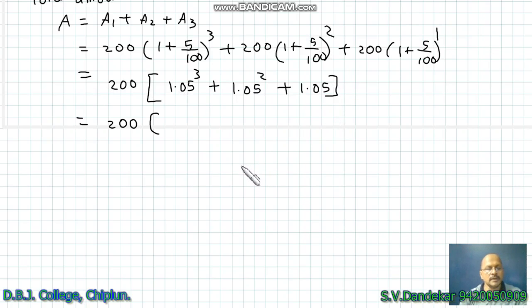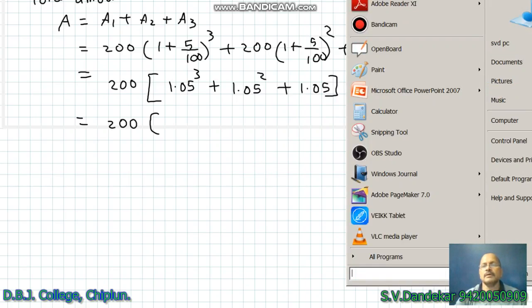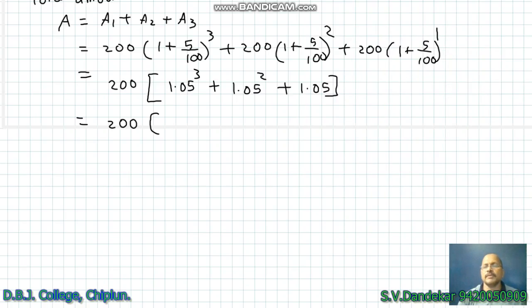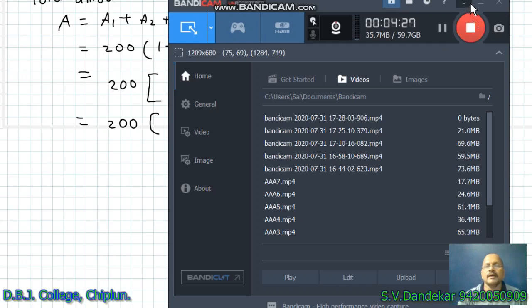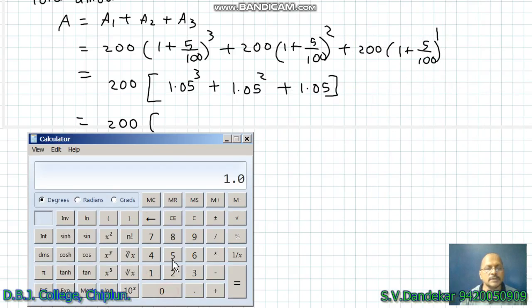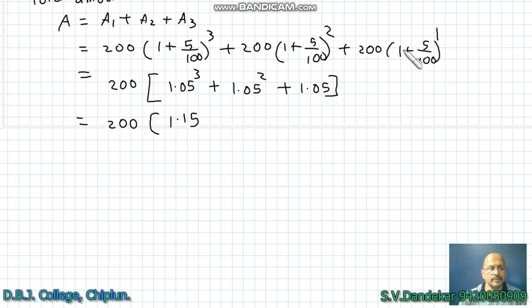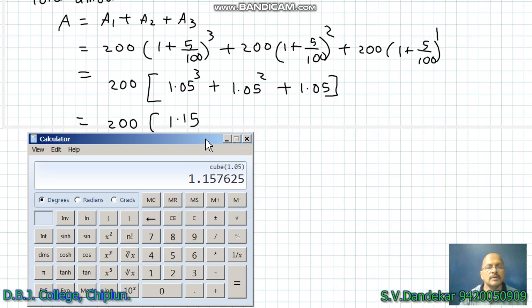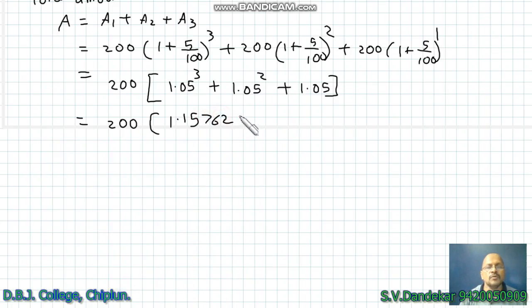This is equal to 200 into, now I am going to use a calculator for quick calculations, otherwise for examination purpose we need to calculate this using log tables. 1.05 cube, I want the calculator. 1.05 cube is 1.157625 plus 1.05 square